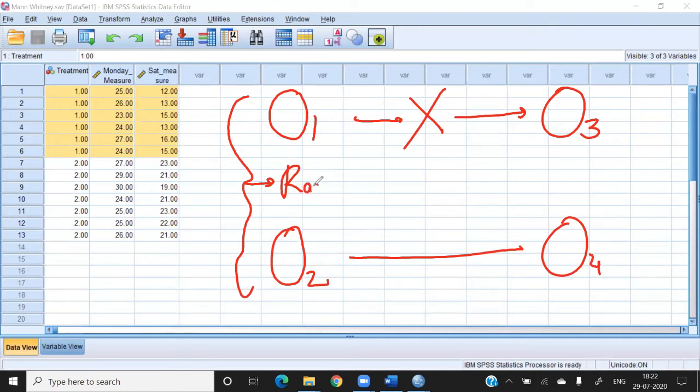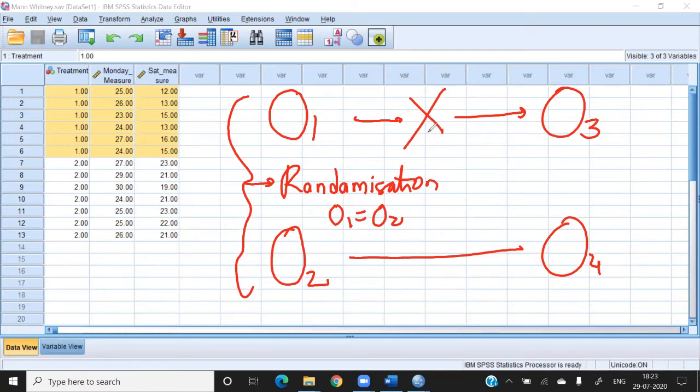This is called randomization. Randomization means initially both the groups are selected in such a way that O1 should be equal to O2. Initially group number 1 and group number 2 should not be different, otherwise you will get a biased result. So initially you are taking the same, similar type of group.